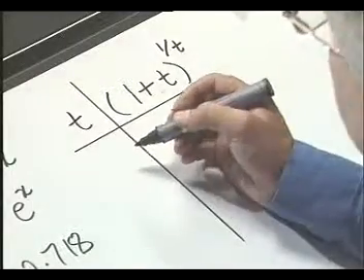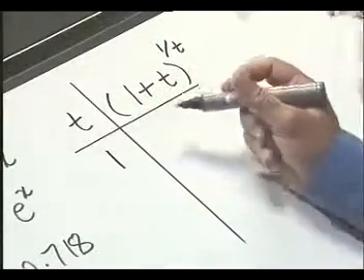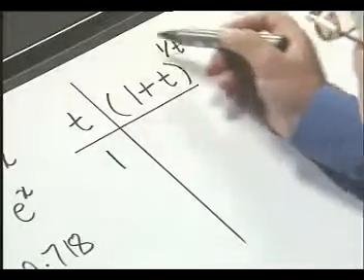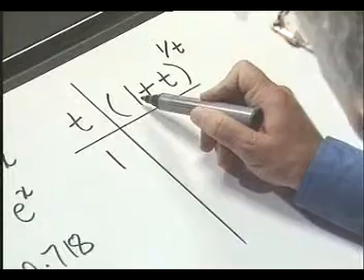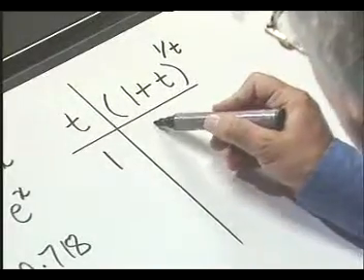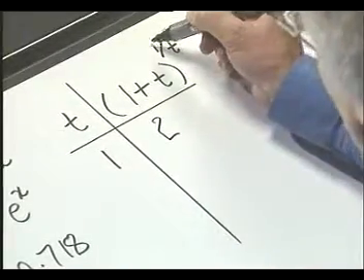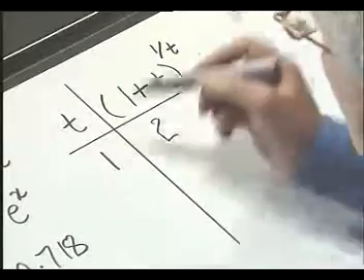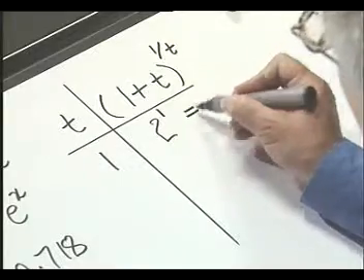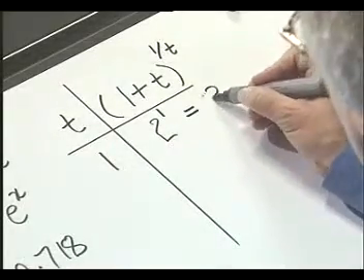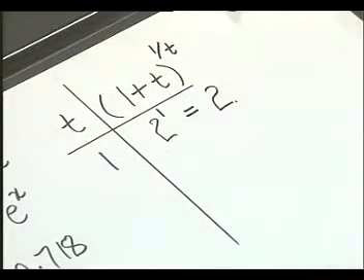Now let's start with a very simple t value. Let's suppose t is 1. Let's work this out. When t is 1, this bracket becomes 1 plus 1, which is 2. And we want to raise it to the power 1 over t. And t is 1, so we're raising it to the power 1 over 1, which is still 1. And 2 to the power 1 is just 2. Let's pick a different value for t and see what happens. And this time I'm going to choose a smaller value for t. I'm going to let t be